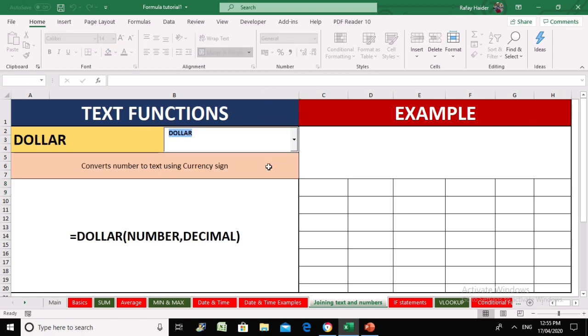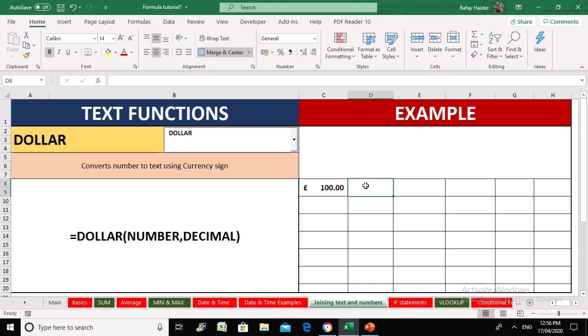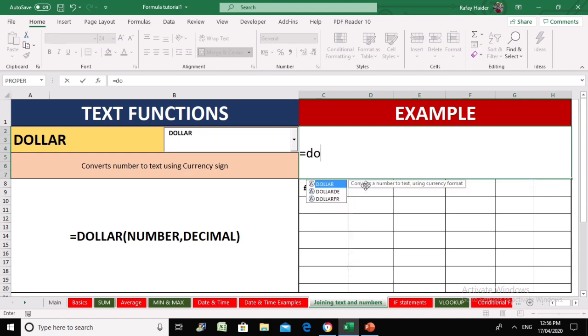Next function is the dollar function. It converts a number to a text using the currency symbol. So for example, if I have an amount over here, say 100, and I put a currency symbol over here, put the accounting format like this, and I want to convert this to a text using the currency symbol, what I can use is dollar. And then I can use this number